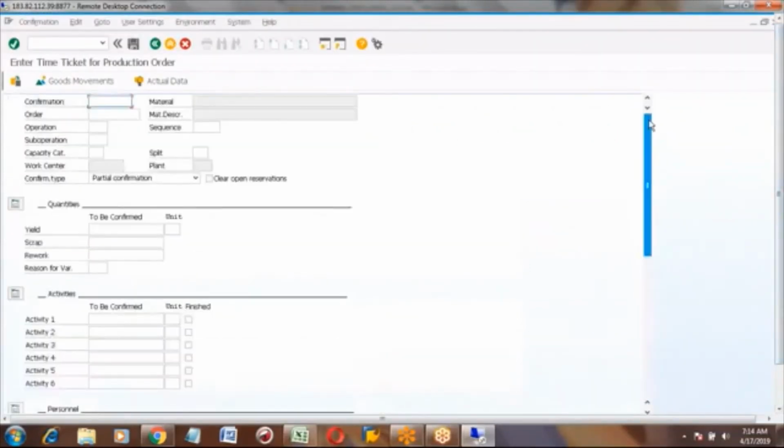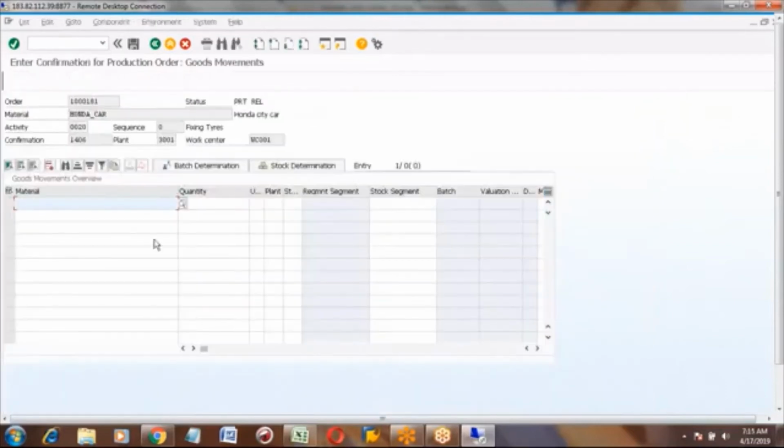Now we need to do the remaining operations also. Same order. I am taking the second operation. Click on actual data. For the second operation, we don't have any goods movements. If you go here, nothing will come. You can save it.